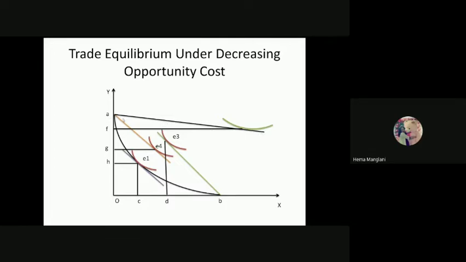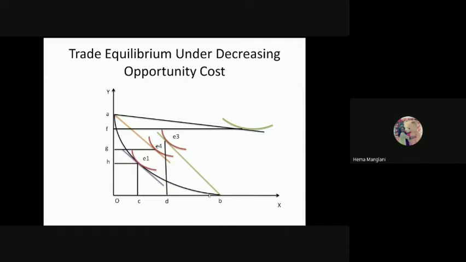Now, the world economy prices with respect to commodity X are changing. So, it's a rightward shift. Okay, I can say that it is a rightward shift of the budget line. And the rightward shift of the budget line says that the X commodity's price is now declining in the world economy. So if you still produce at point B, then you will definitely get losses, because now you need to offer more of X in exchange for Y. So that is why you cannot remain on this particular point. You need to change your specialization.